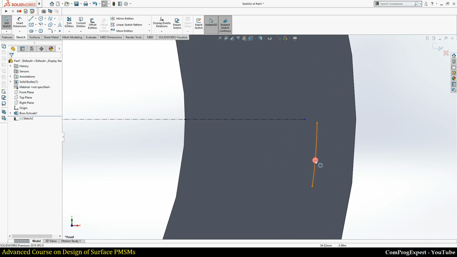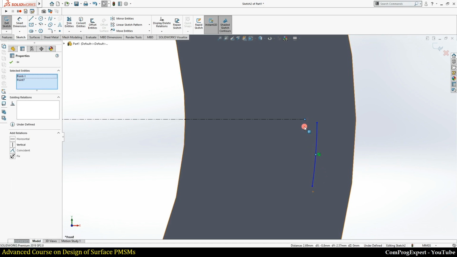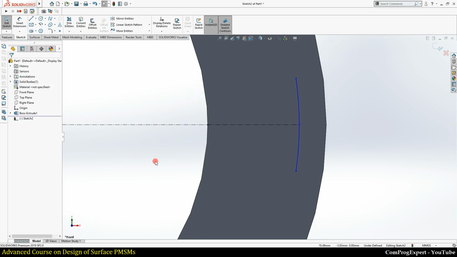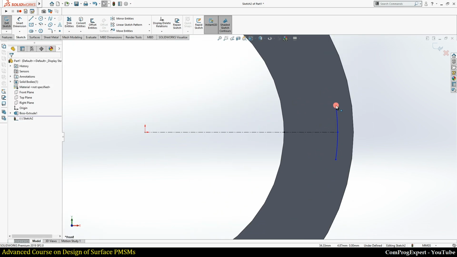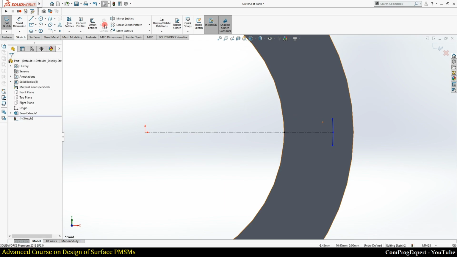I want to place the center point of the arc on this point. So I select these 2 points and select the coincident. Okay, so I have this arc that is actually the bottom of the slot.